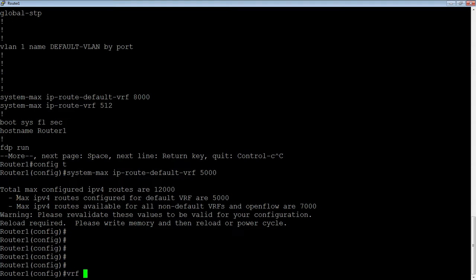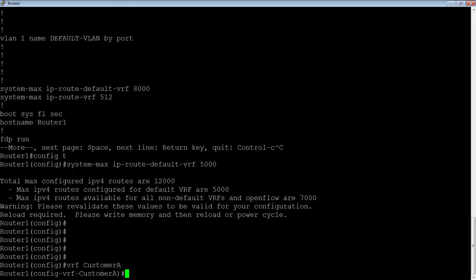So we do a VRF, give it a name. I'm going to call my VRF customer A. Okay, so now I have a VRF called customer A. The first thing I have to have is something called a route distinguisher. And a route distinguisher, or an RD, is exactly as the name implies, it distinguishes routes from the other VRFs,